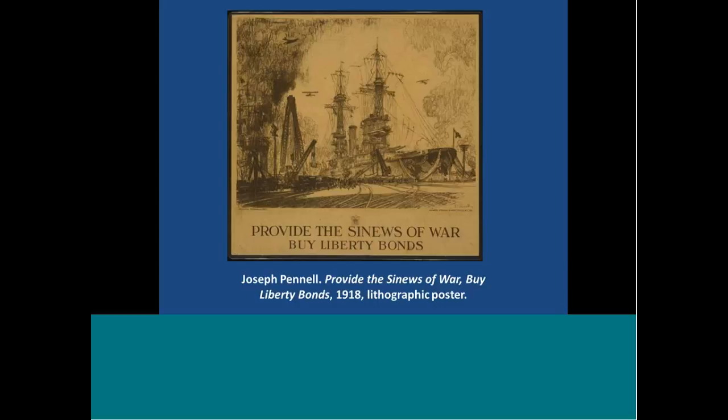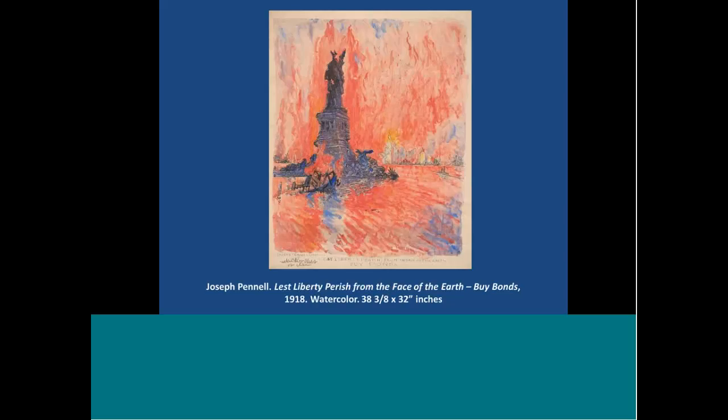And here's an extraordinary statistic. Out of an estimated 24 million households at the time, some 20 million individuals bought Liberty war bonds. This poster is a classic example of Pennell's work, which typically combined the documentary with the picturesque, but still firmly based in eyewitness observation. His next design, for the 4th Liberty Loan poster, was an entirely different animal and a